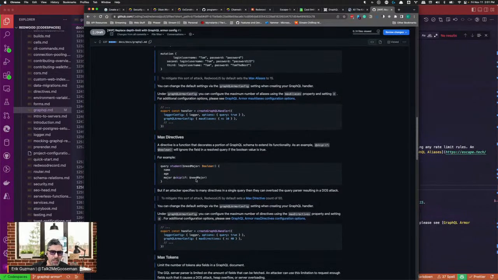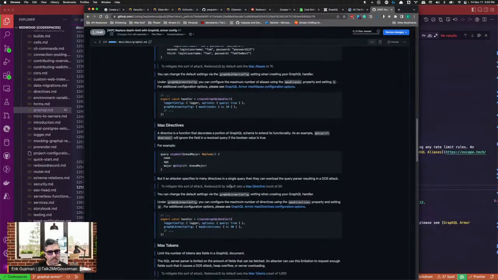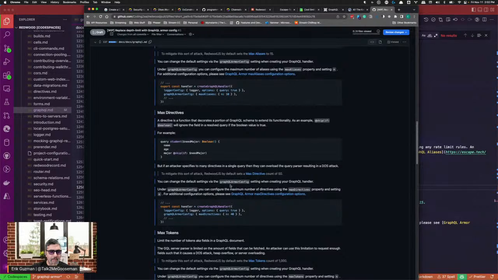Max directives. A directive is a function that decorates a portion of a GraphQL schema to extend its functionality. As an example, add skip boolean will ignore the field in a result query if the boolean value is true. For example, that. But if an attacker specifies too many directives in a single query, then they can overload your query parser, resulting in a DOS attack. To mitigate this sort of attack,